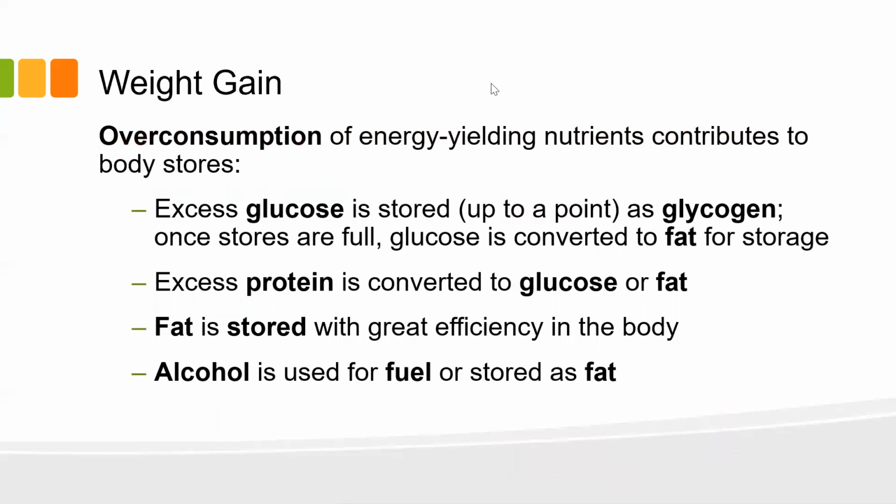All right, so before we talk about weight loss, let's talk about weight gain. This one is pretty straightforward for the most part. If you overconsume nutrients, you're going to store those nutrients, right? So we've already talked about these things. Glucose, you can store a certain amount of glycogen in your liver and your muscles, and any excess glucose we're going to convert to fat. Excess protein, some of it will be converted into glucose, some of it will be converted into fat, and so here you go. You've got storage systems. Fat can be stored. Your body's very good at storing fat.